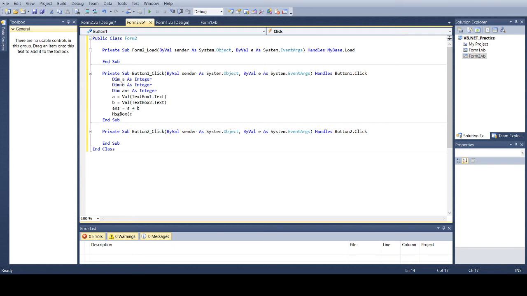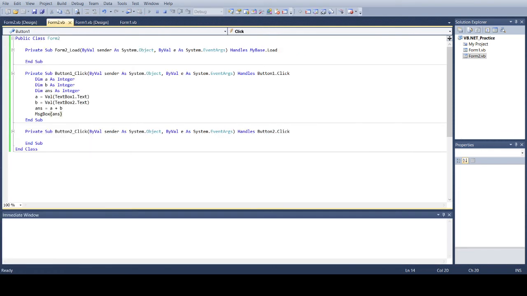In that I will write the variable name, which is answer. So now let us run the application. If I write 12 and 20 and click on the plus button, I will get the answer as 32.